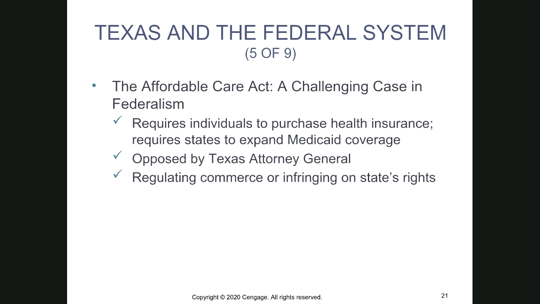Okay, let's talk about the Affordable Care Act. So there were two main parts of the Affordable Care Act. This is the act that people colloquially knew as Obamacare, and you're also going to hear it referred to as the ACA. The two main things that it did were, number one, it required Medicaid expansion, and number two, it provided an individual mandate. So let's switch over to our whiteboard really quick for those of you who are a little bit more visual, and let's take a look at that.